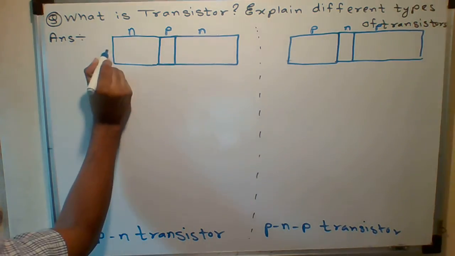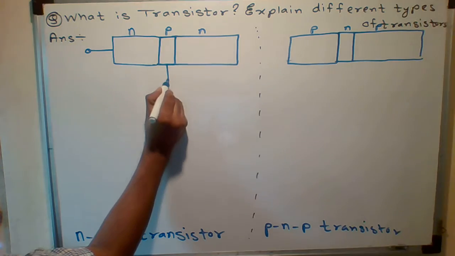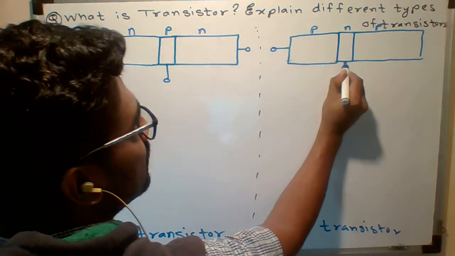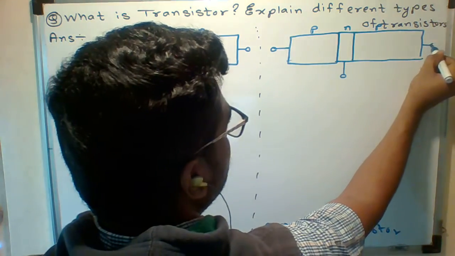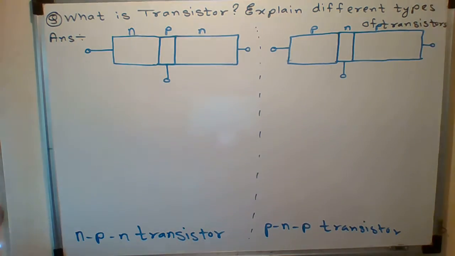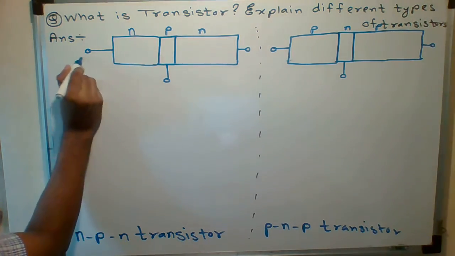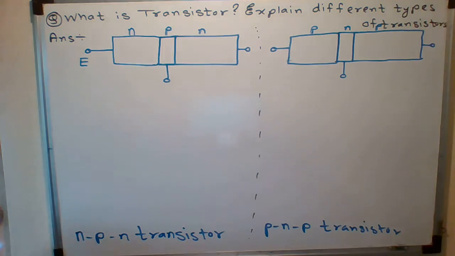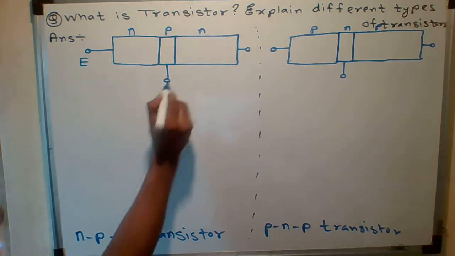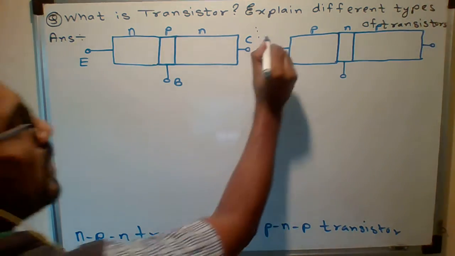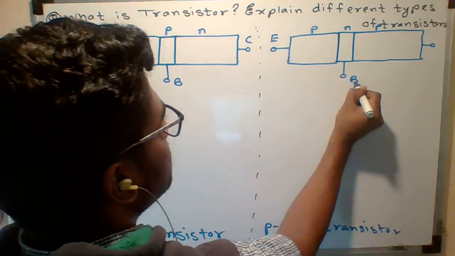Okay. So students, as we observe, there are three regions. So yes, there are three terminals. Obviously, we have to connect some contacts also. Here also three semiconductors, three regions we observe. So definitely three terminals will be there. Okay. So every region has a name. This particular region is called the emitter. I will explain the function of the emitter. This is the base, and this one is the collector. Here also emitter, base, and collector.